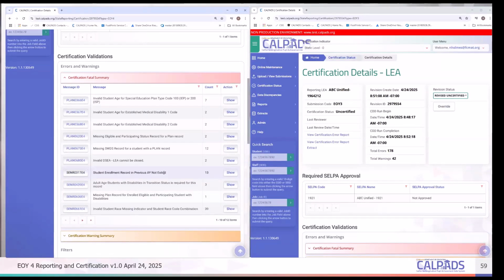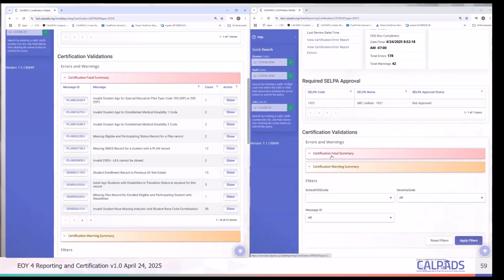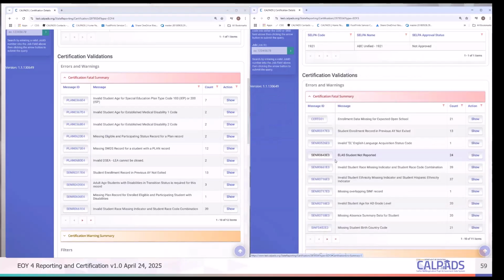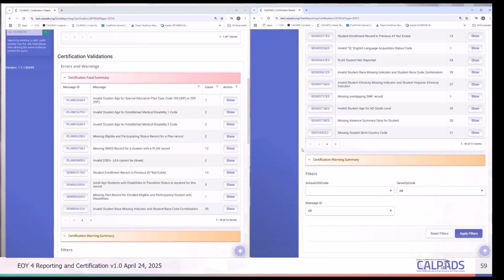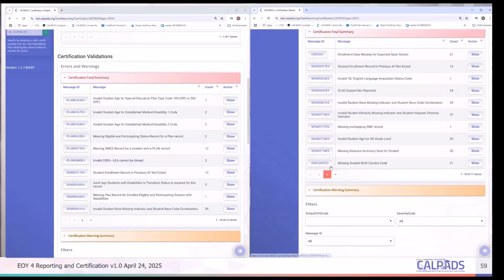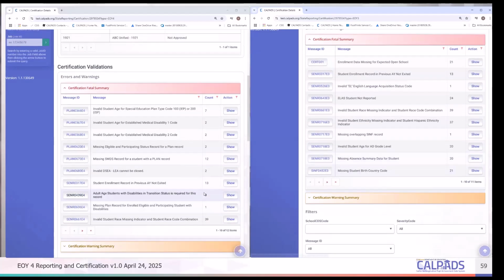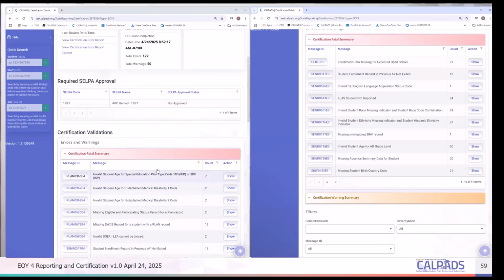Yeah, the 112, or is it, remember the SNR 131 in end of year 3? Make sure you exit the student as well. Yes, yes. But they're going to show up in end of year 4 now. Well, we have end of year 3 here, so maybe it'll show up. What are we looking for? Student not exited. Yeah, that will be activated in end of year 4 as well. I think it was introduced in this week's deployment. Oh, okay. We don't see it yet, but it's coming.